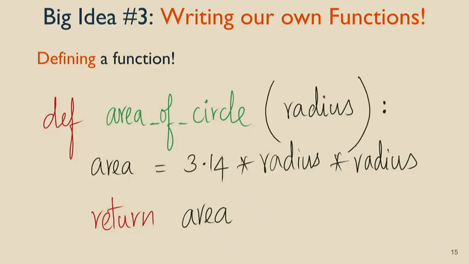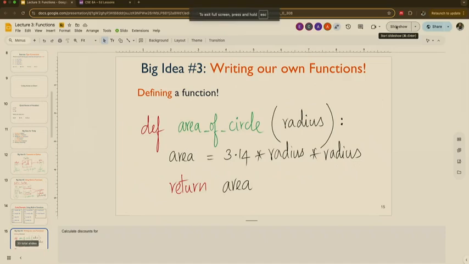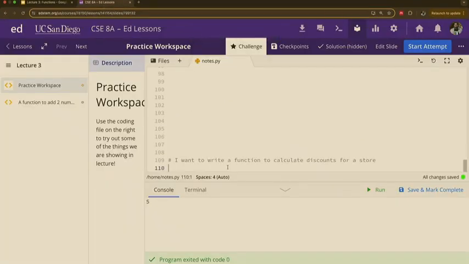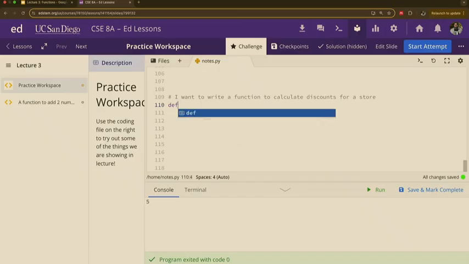So how do we do that? To write our own functions, you have to be very specific about how to create a function. Python has specific words that are used to create your function. The very first thing you have to write to make a function is def.